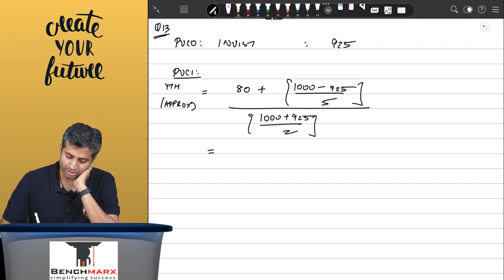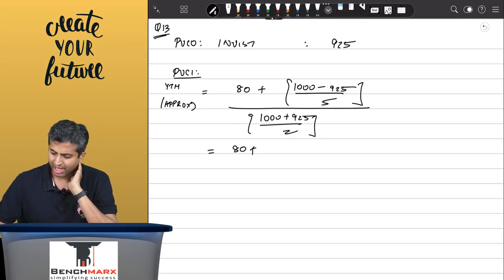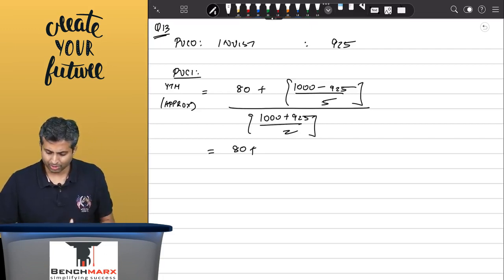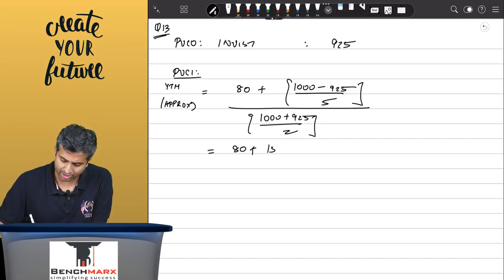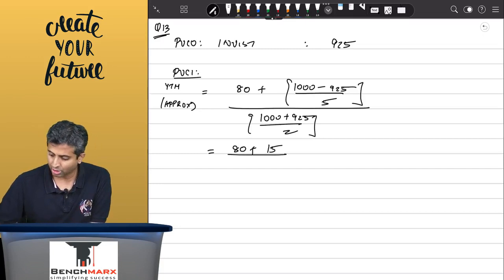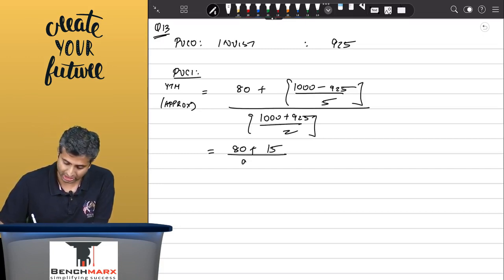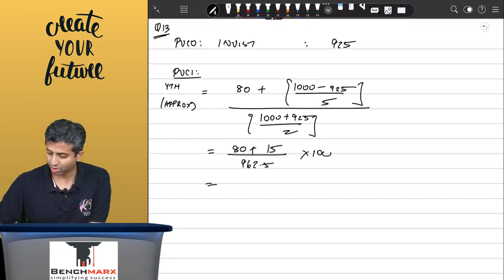Here 75 is the total capital appreciation over 5 years, so on a per annum basis this is 15. In the denominator, (1000 plus 925) divided by 2 is 962.5. So 80 plus 15, which is 95, divided by 962.5 into 100, is